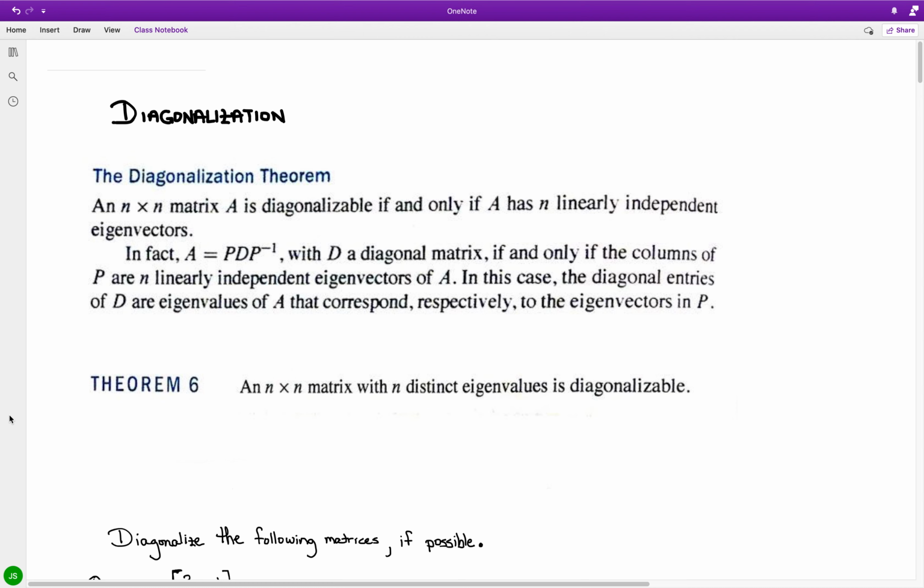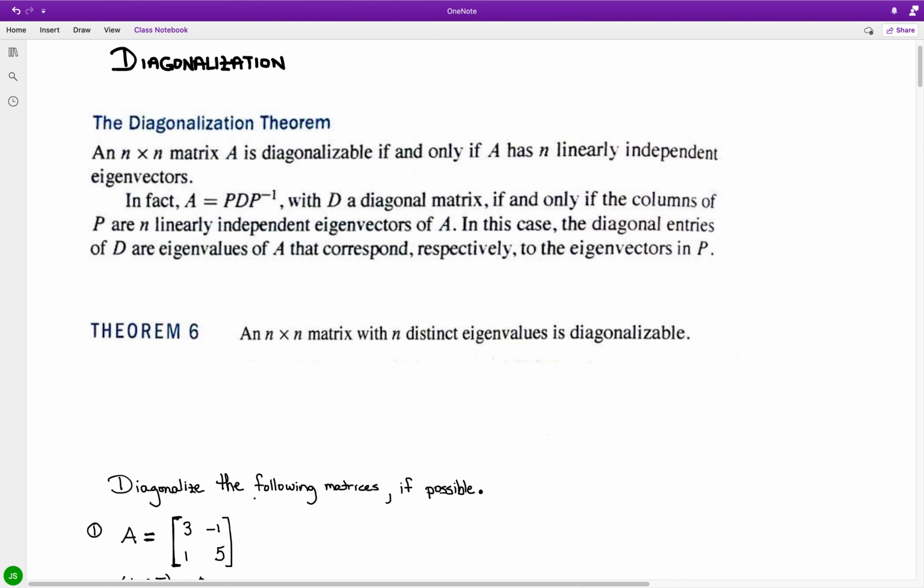In fact, A is equal to P times D times the inverse of P, where D is a diagonal matrix, if and only if the columns of P are n linearly independent eigenvectors of A. In this case, the diagonal entries of D are eigenvalues of A that correspond respectively to the eigenvectors in P. For this part, we will be looking at the determination of P as well as the entries for the diagonal matrix D. We have also added that an n by n matrix with n distinct eigenvalues